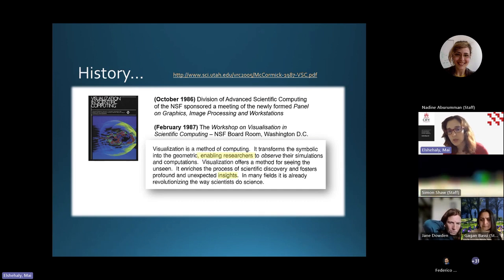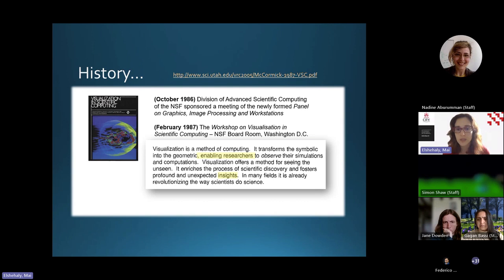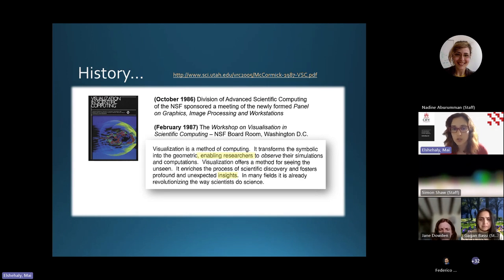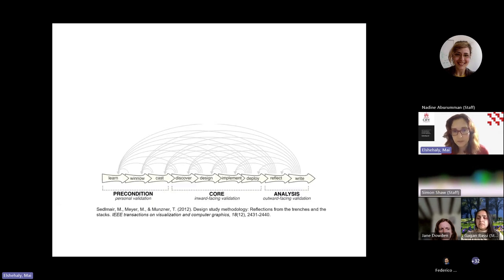And really what struck me when I read this bit of history for the first time is how very well defined and very targeted the field of visualization started, as it was really about the researchers that have data that they know. They have been running these simulations, they are basically domain experts in their field, and they just wanted some visualization to generate some sort of insight that could support their line of interrogation of that data. So a very specific set of tasks and also set of targets, which is basically to generate insight.